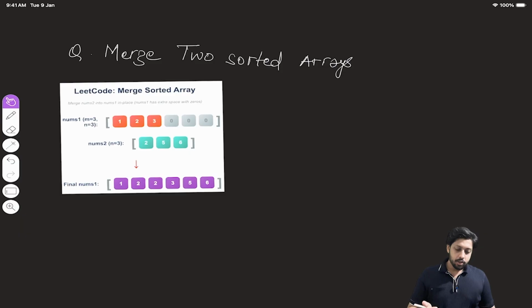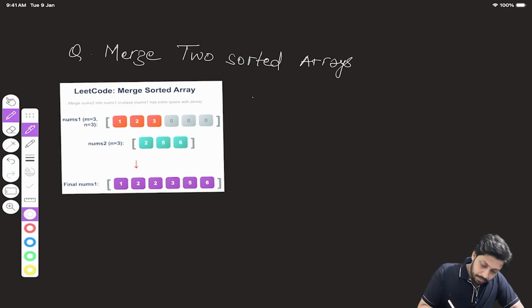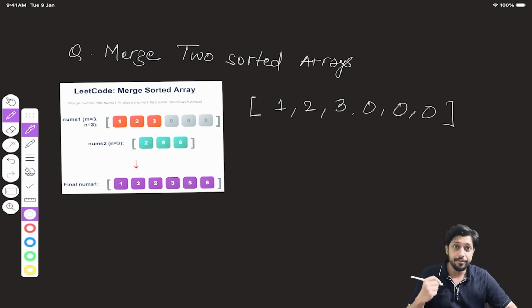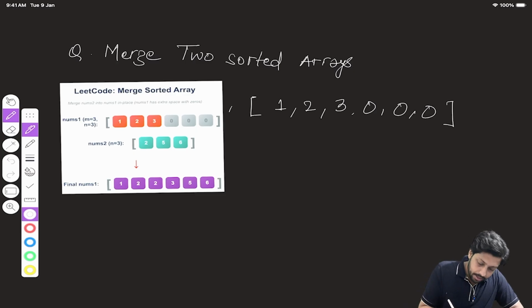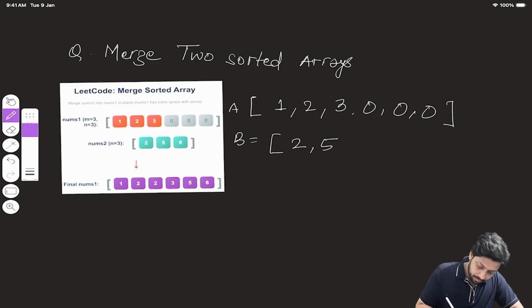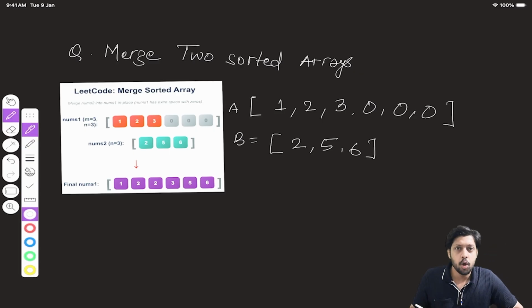Sounds cool? Let's jump to the question, see what exactly it is trying to say and how can we solve this question. So if you see on my screen, I have one array that is 1, 2, 3, and I have three zeros with me. That is A, and the second array I have is 2, 5, 6. Cool. Now we have this, then the size of the zeros will be equal to the length of this array,